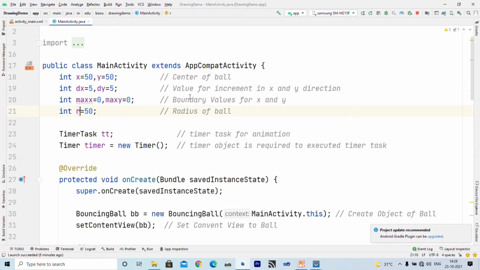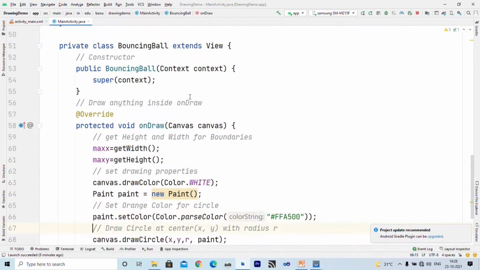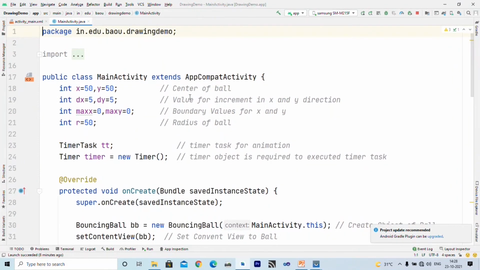Here the radius is 50, so it draws a small circle initially at 50, 50 pixel with radius 50 pixel, and remember it draws an orange circle. Now actually xy specifies the center of the ball, and dx, dy specify the increment in the x and y direction.